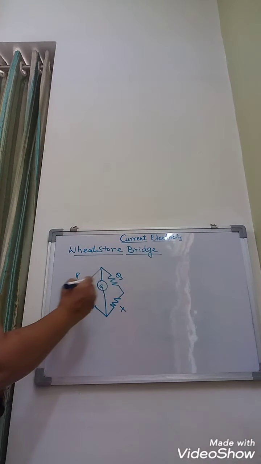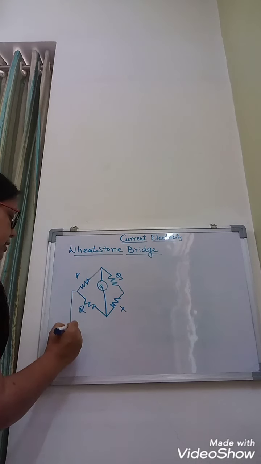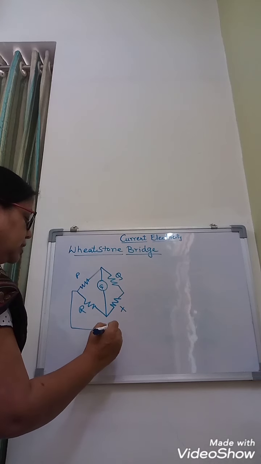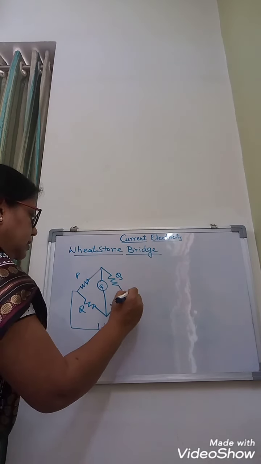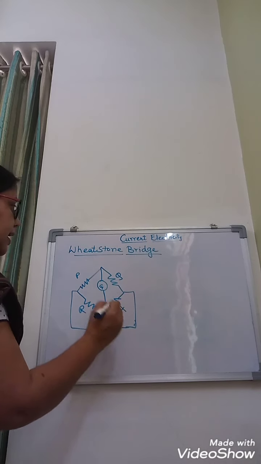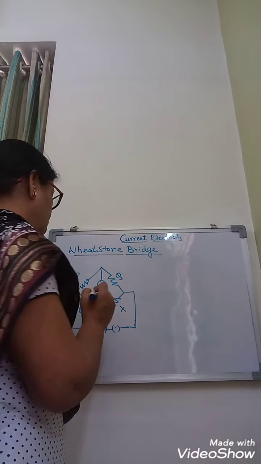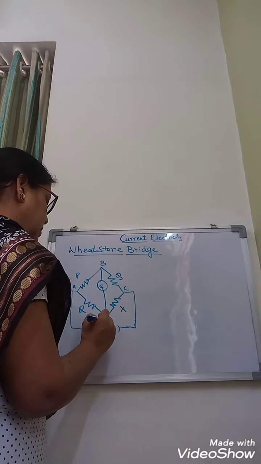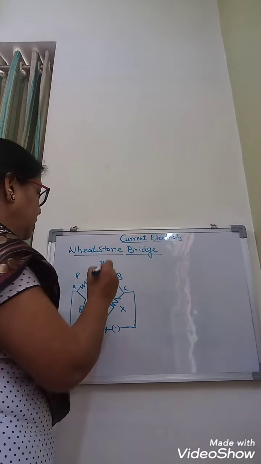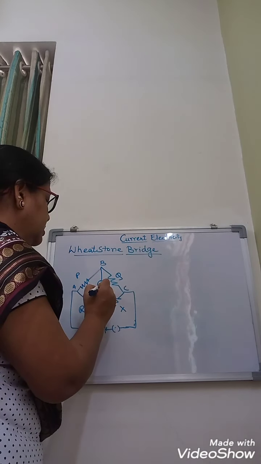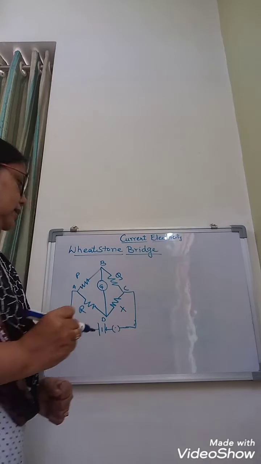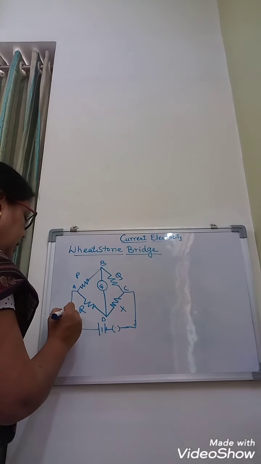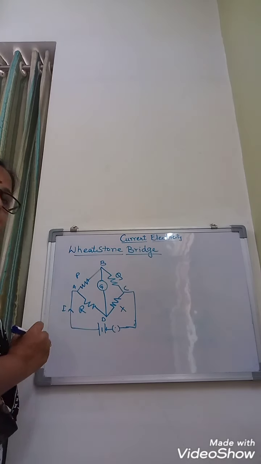Now these four resistors and galvanometer are connected with the help of one cell or a battery, which you can show like this, then a key, and in this way you have to draw the circuit diagram of the Wheatstone bridge. Now let us name these points A, B, C and D. You can see that between B and D points we have this galvanometer which is connected. Whenever the current is flowing in this circuit, we can show it like this. Current I is flowing here.